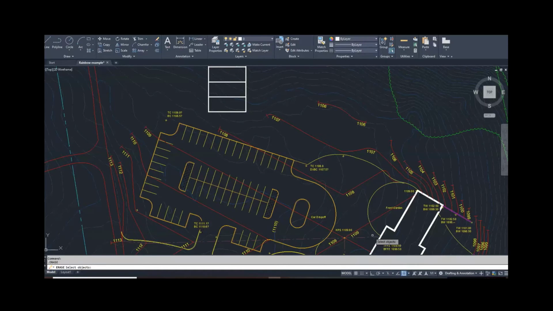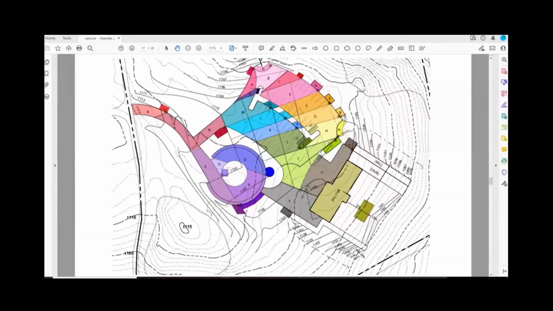The hardest part that students have with this assignment is going perpendicular to the contours. So if we go back and look at this, you can see we are running perpendicular, not parallel, but perpendicular to the contours. Somebody will start this project and they'll say, oh, I'm going to get this area here. And that is dead wrong. Dead wrong. Instead, you want to be going